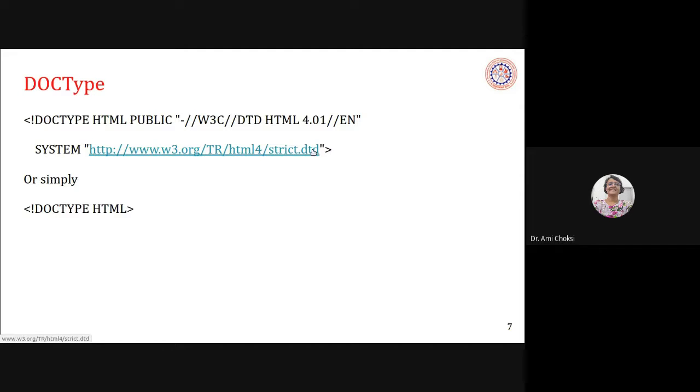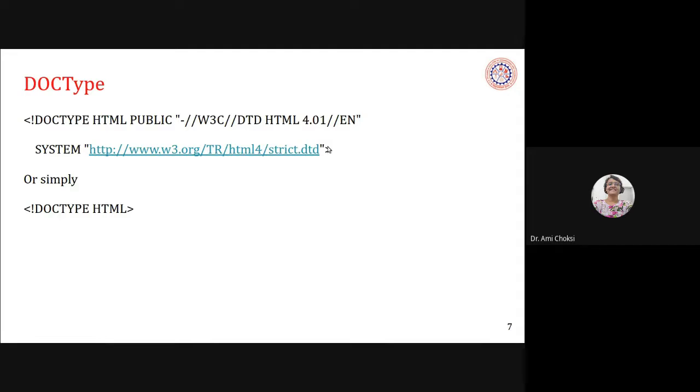Here it is DTD. DTD is document type definition, right? The way its structure should be is defined in this DTD.